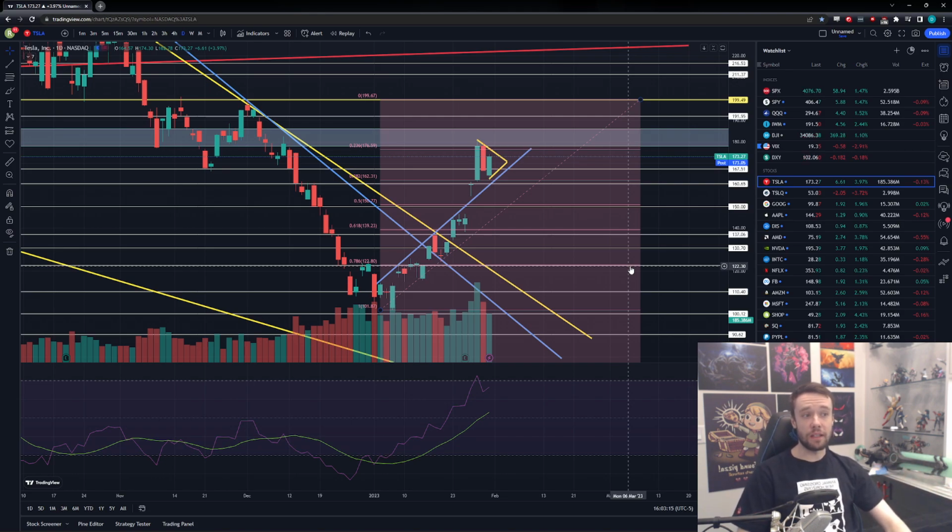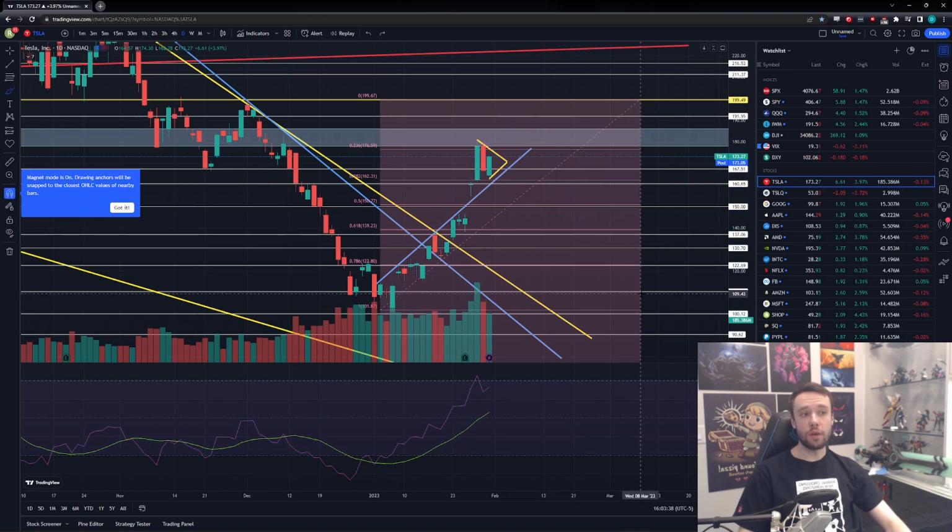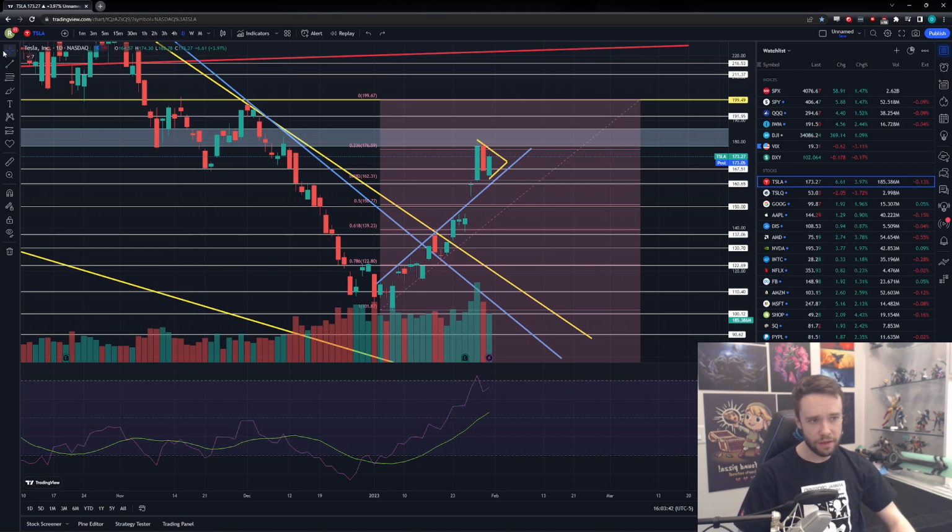But if we still have a lot of strength potentially behind Tesla, and especially if we want to form that cup and handle like I mentioned, it wouldn't shock me if we come down to somewhere around this 150-ish to 140-ish area to make the actual handle, and then from there we rally up. And essentially what this would also be is a massive bull flag, right? So that's what I would personally foresee coming up, after tomorrow's Fed meeting, the FOMC and everything like that,